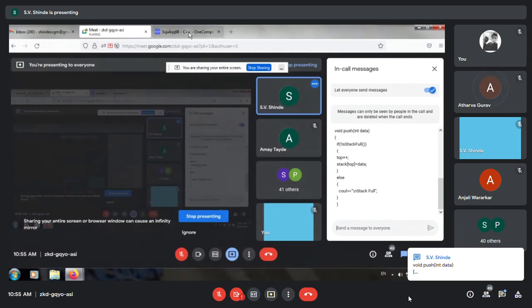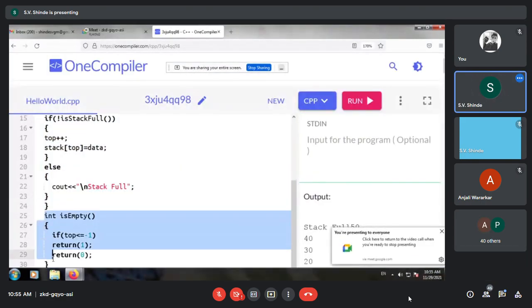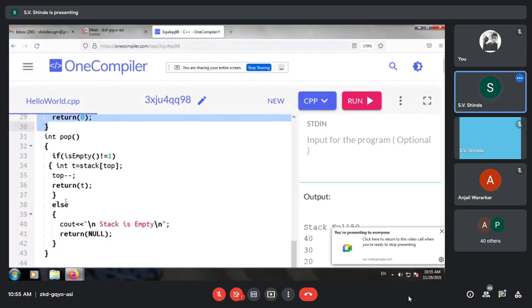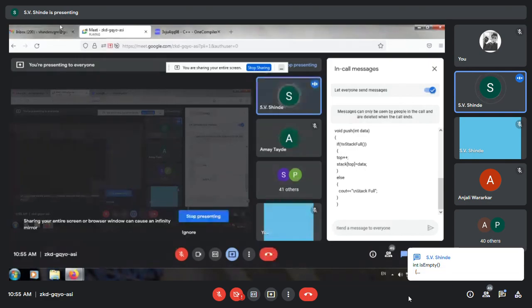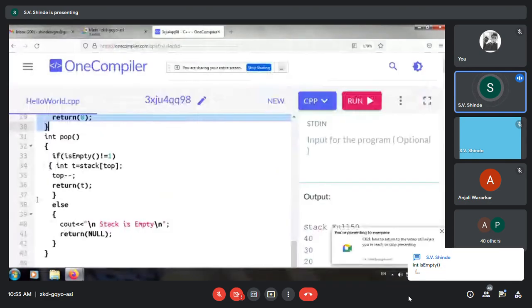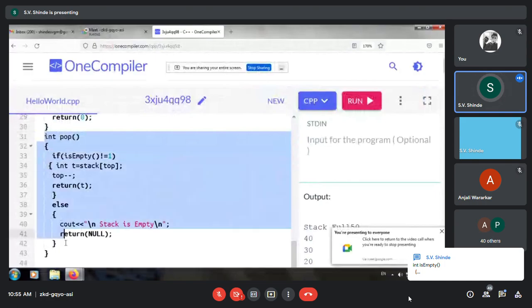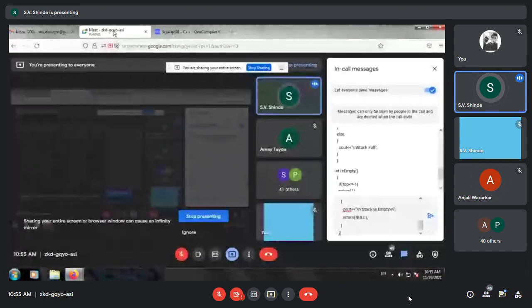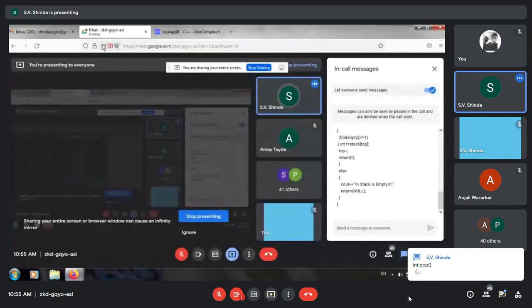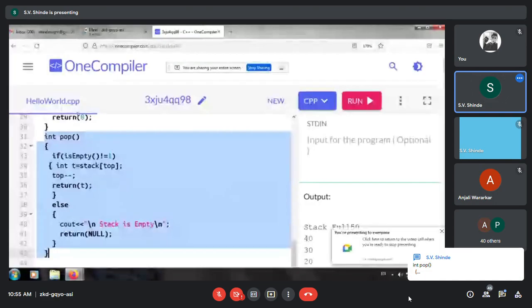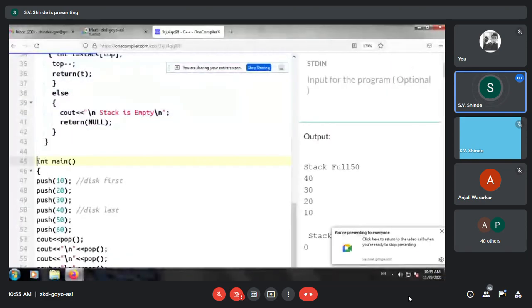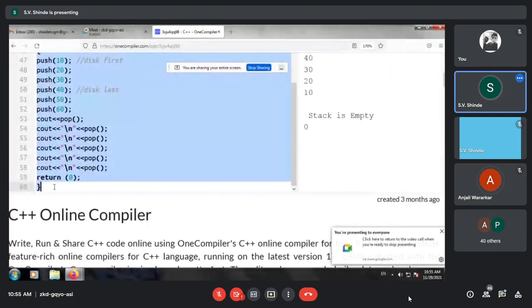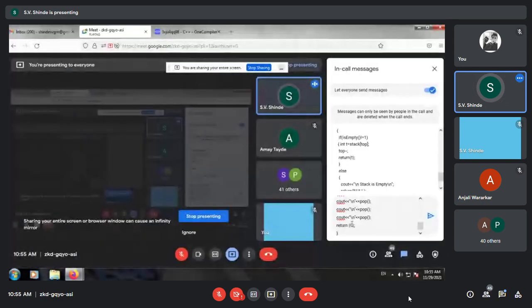Next is isEmpty, and after that we'll be using the pop function. So int pop is another important function that is retrieving contents from the stack, and the main function where we are seeing how to insert the contents and how to retrieve the contents from the stack.